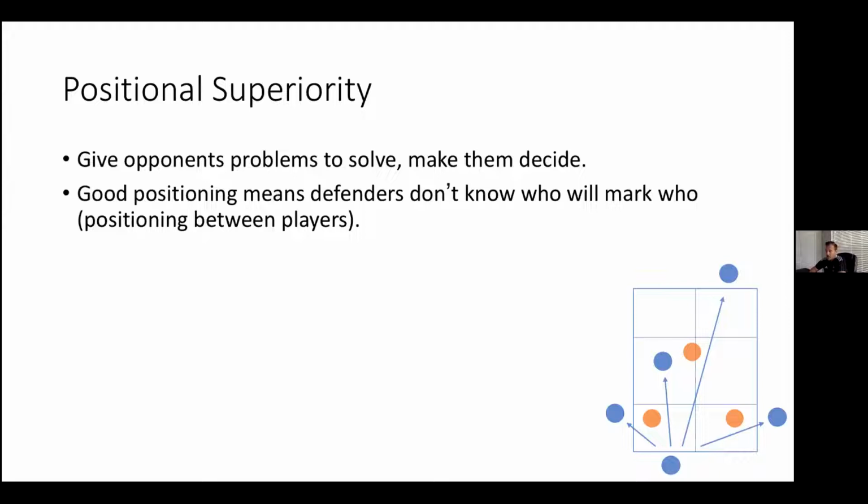So good positioning means defenders will not know who to mark. And if you look in this 5v3 in the bottom right-hand corner, he doesn't know whether to mark the farther away player or the closer player. It doesn't matter what he decides, the player on the ball has to read the situation and find the open man. So positional play is about getting your team into a superior position, and then whatever the opponent decides, you have an answer. And again, you can still use changes in position to disorganize opponents, which we're seeing a lot more nowadays.